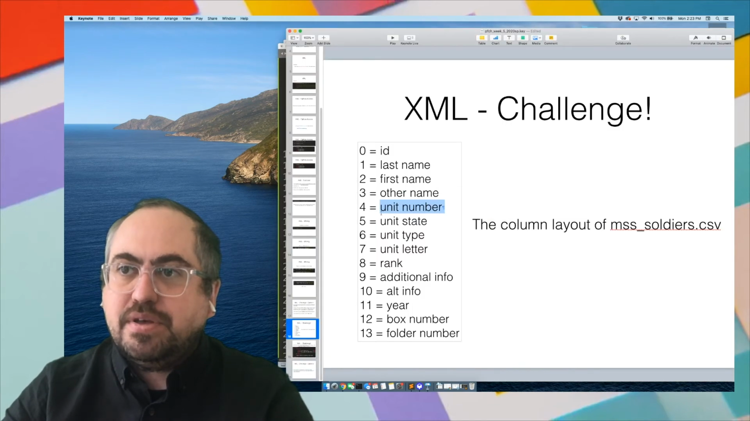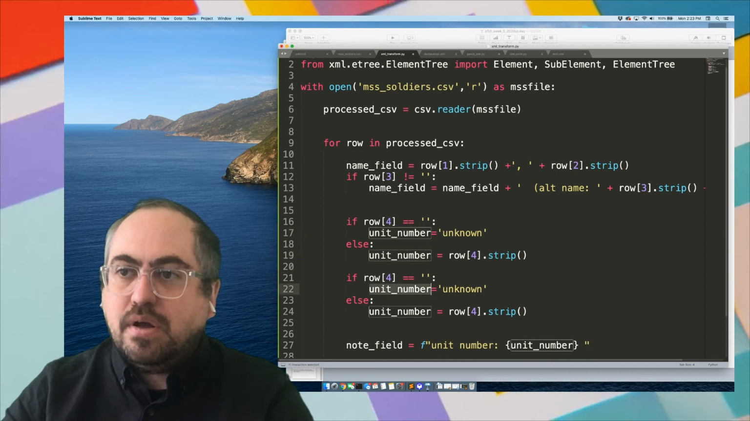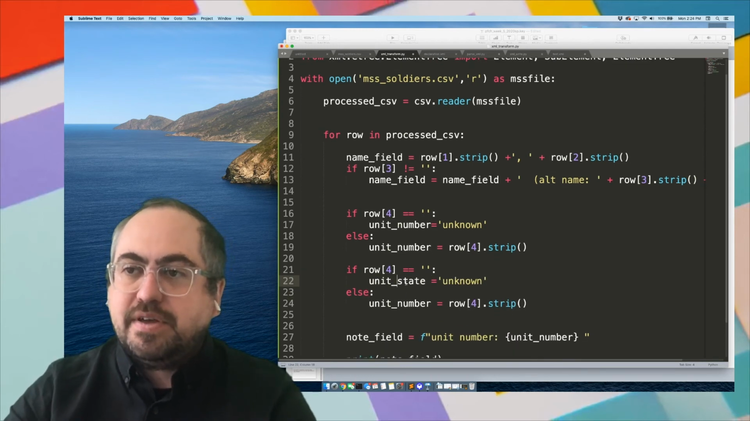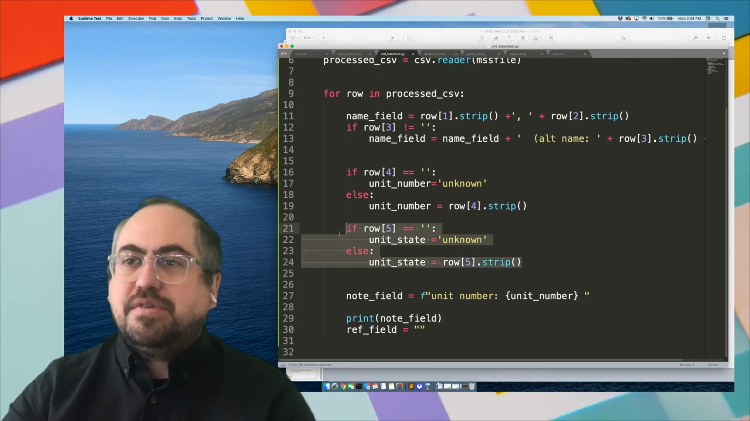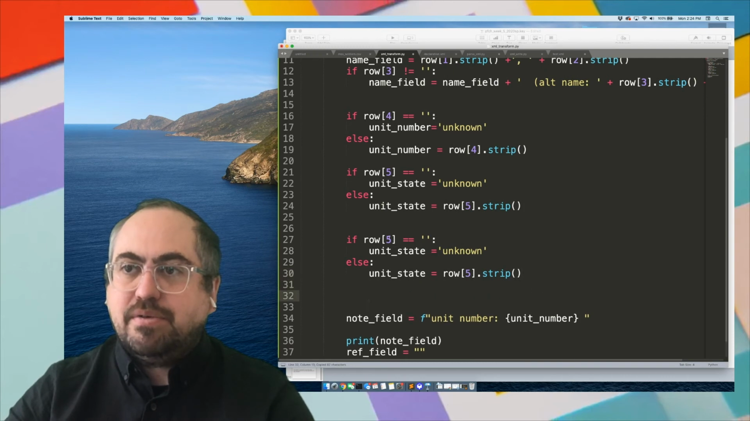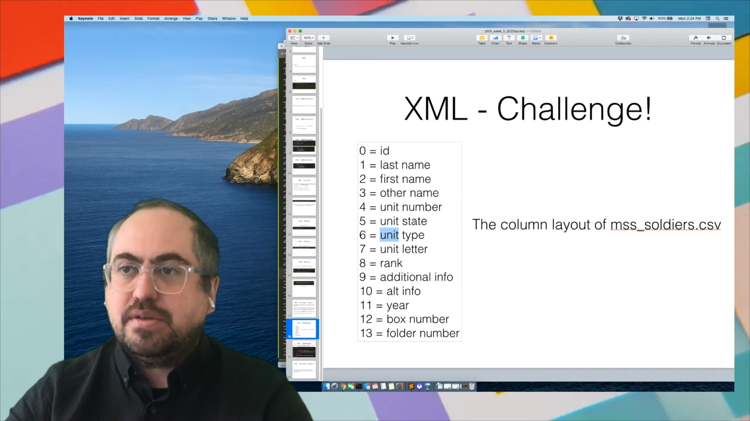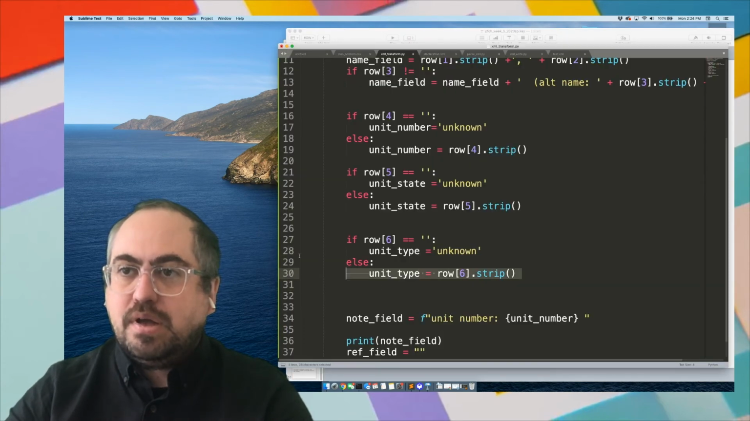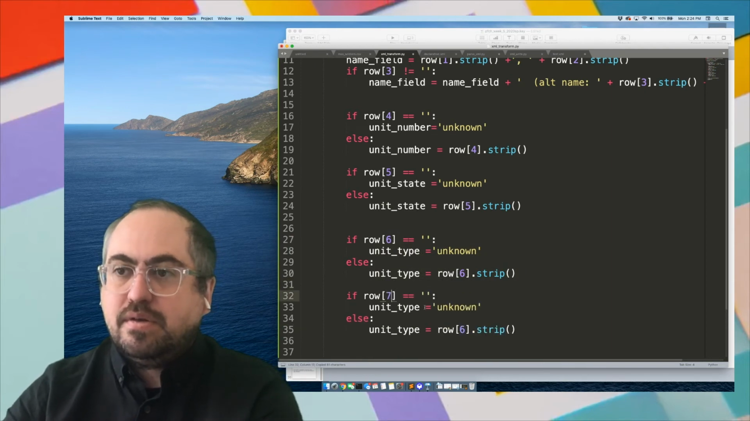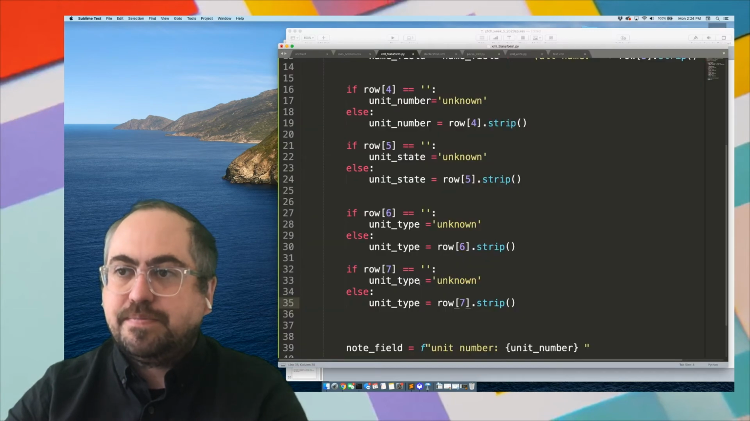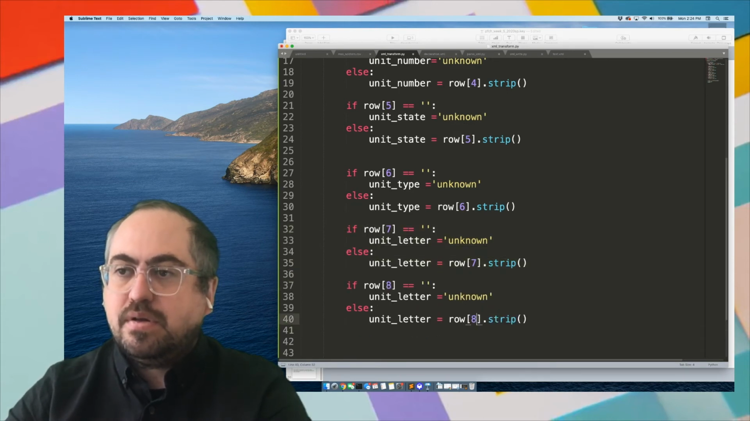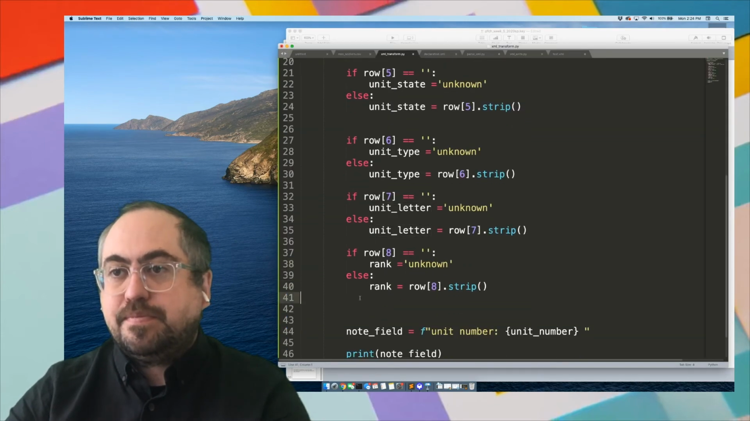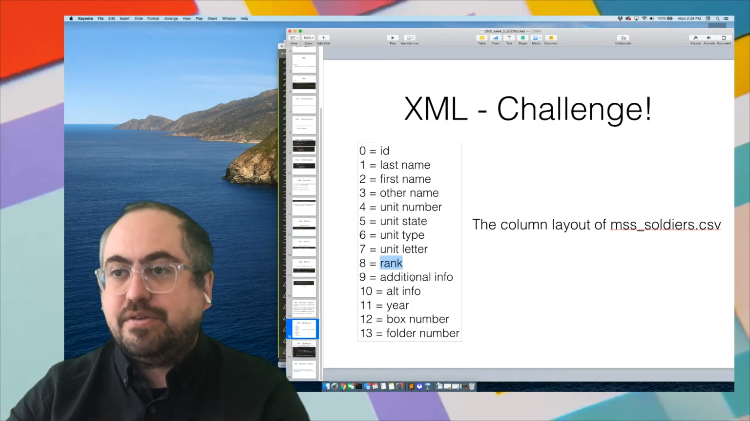The next one is going to be unit state. So we'll say underscore unit state, and this is stored in column 5, so that's 5. So let's make these variables first, and then we'll come back and put them into our template string. So row 6 is going to be unit type, and row 7 is going to be unit letter, and row 8 is going to be rank, and row 9 is additional info,